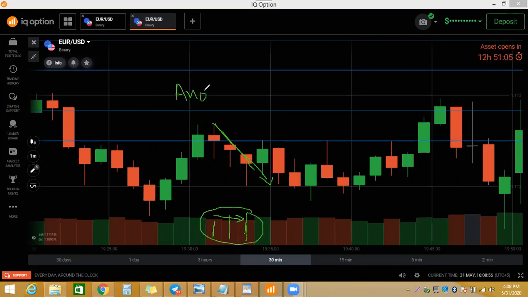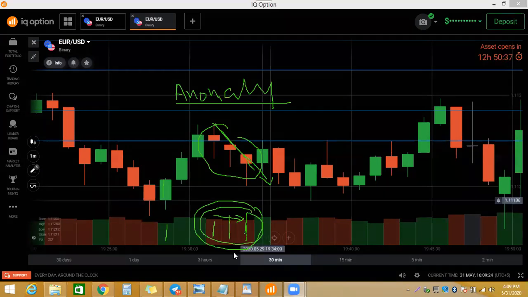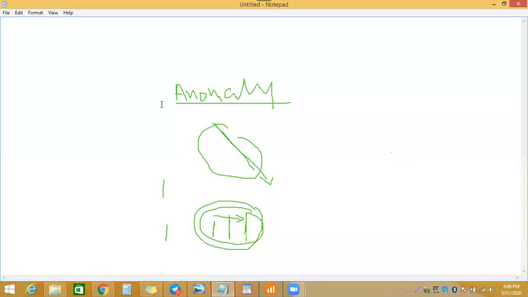Okay, it means abnormal with the price. Volume does not validate. So there are two words, validate and anomaly. We just need to understand the anomaly and the validation. What is the meaning of these words when comparing price and volume? Let me show you some examples, then we will come back to the chart.